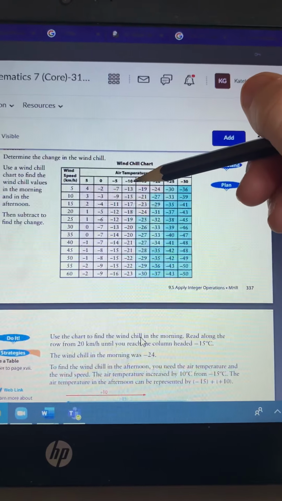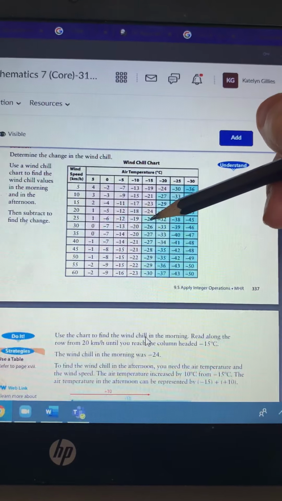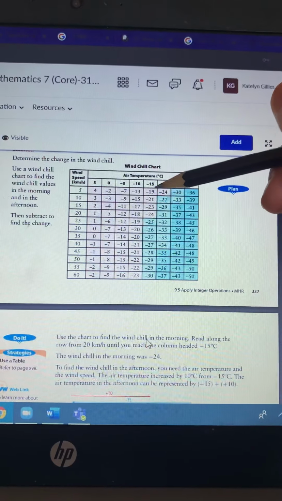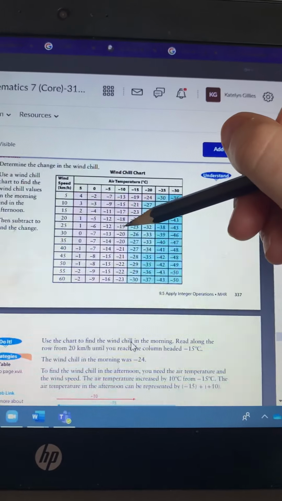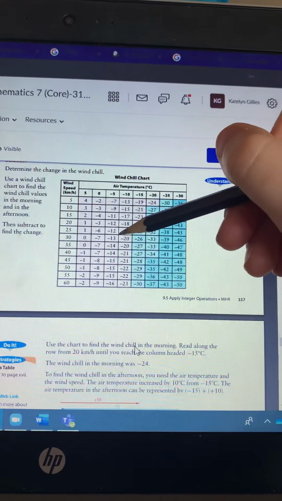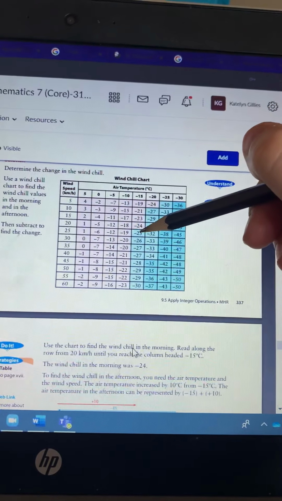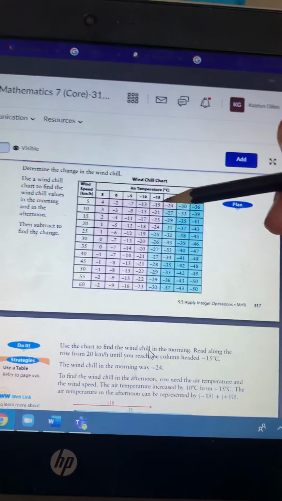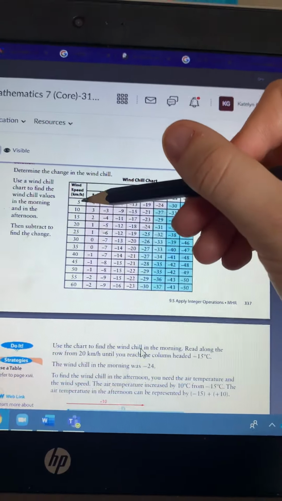Okay, so now I know that the next info they give me is that it's going to drop by 5 degrees. So I'm going to move into this negative 15 column because my temperature dropped by 5 degrees, but the wind chill didn't change. So that means that my wind chill still has to be negative 19, but the air temperature has dropped. So I'm going to move up my chart to find the negative 19 in this column, and then I can see that the wind speed was actually 5 kilometers an hour. So that 5 kilometers an hour is our answer to question 7.